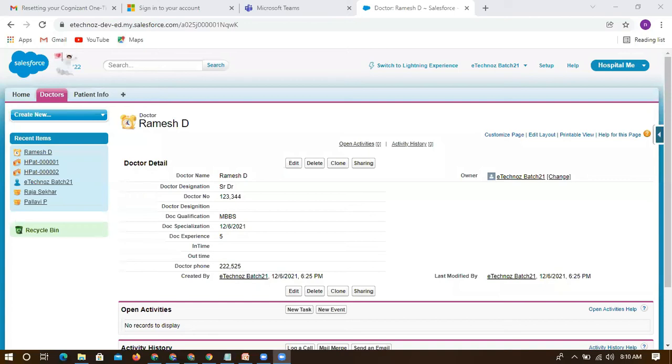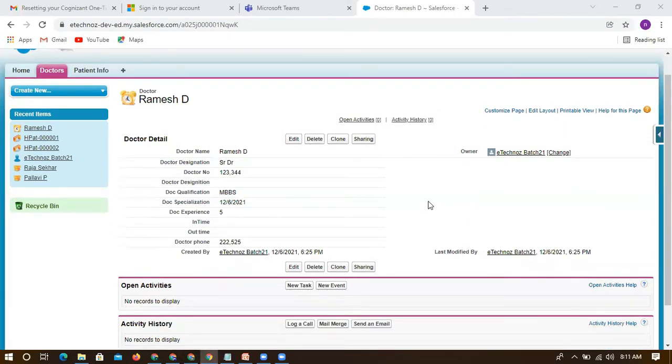What's happening? If I want to track the patients of a doctor, I need to create one more field, like one, two, three, four, multiple fields for that patient. Again, creating them is not a big, tough task, but what will happen is that every time we are entering data, we need to enter that patient information also, right?